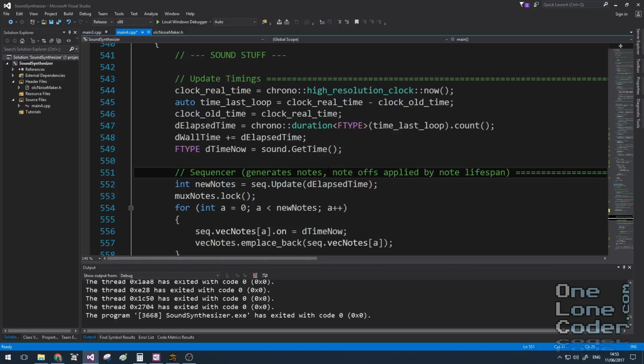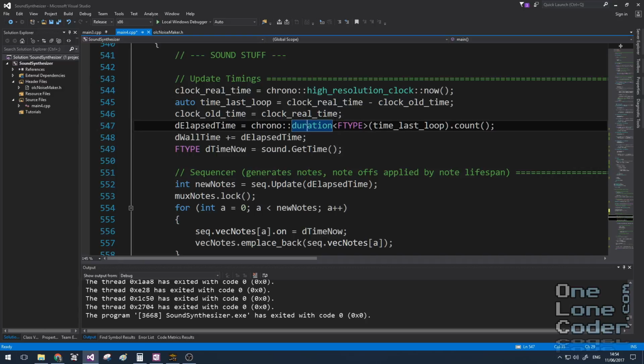CPU time, depending on how busy the computer is, will vary, and you'll end up with a beat that isn't consistent. So to get the elapsed time, I'm using some chrono library trickery. I think the chrono library is one of the most cryptic libraries available out of the standard library, but you can see some of my other programming videos, which should be indicated in the card above, which use this quite